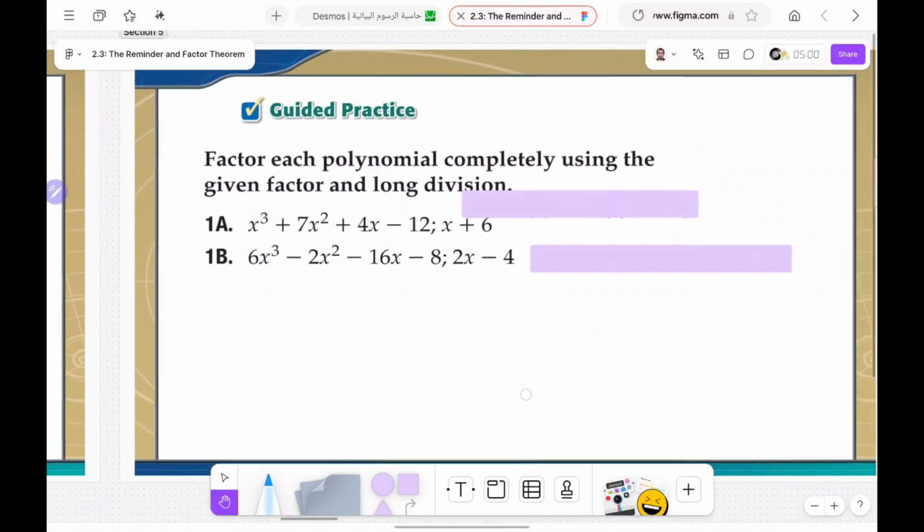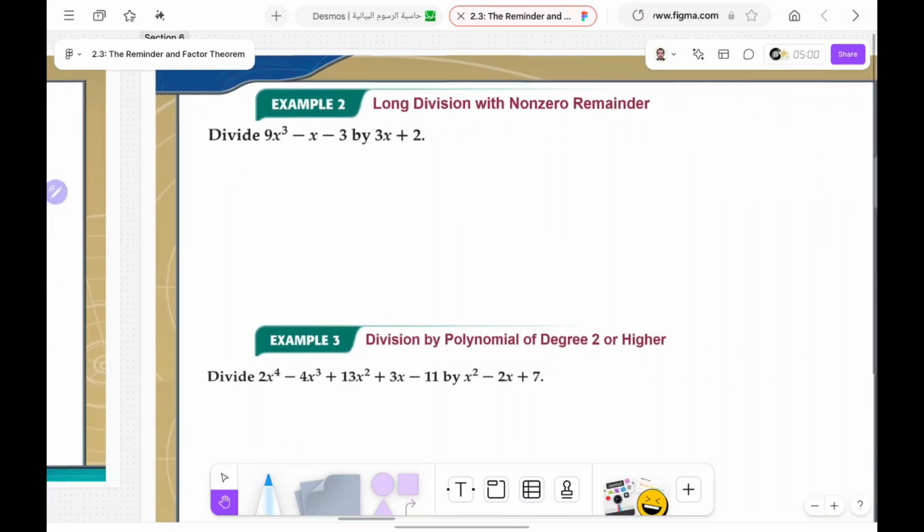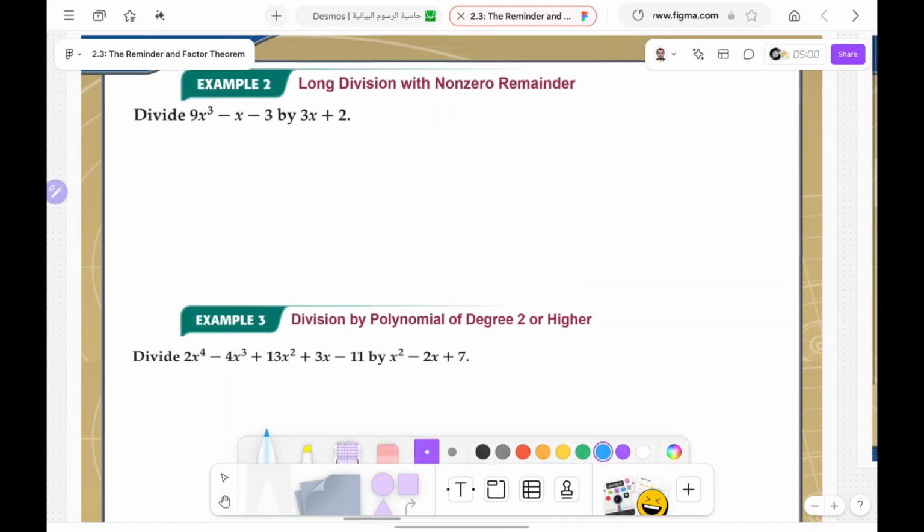Now let's go here, some graded practice. Try to solve this question by yourself. Then after that, let's do this. Okay, let's do these 2 examples. Now first, let's write the polynomial. The polynomial that I have here is 9x cubed minus x minus 3. Okay, then we do the divisor, 3x plus 2. Now after I wrote the dividend and the divisor, what I have to do now, we do the same step